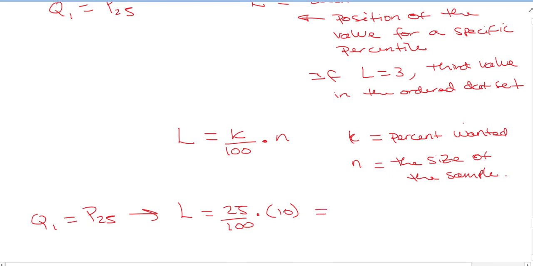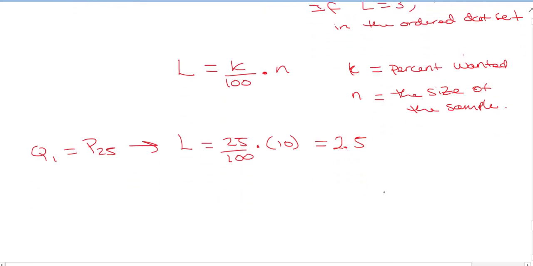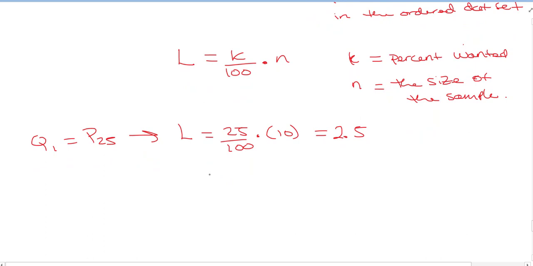So 25 times 10 is 250, or you can think of it as 10 over 100. That gives us 10 on the bottom, so either way we get 2.5. So our locator value is L equals 2.5. So that means that our value that we want for the 25th percentile is between the second and third value. So we tend to round up, so we're going to go to the third value